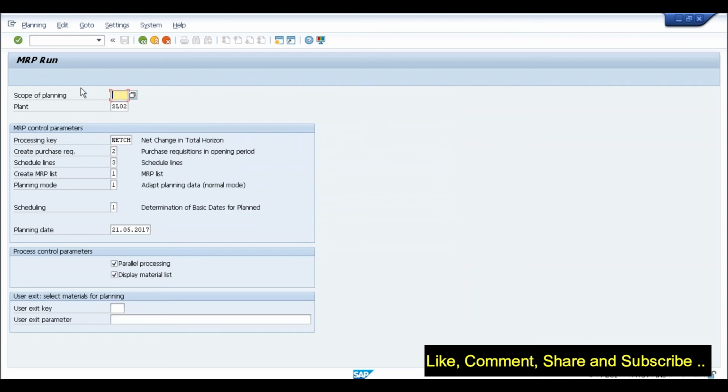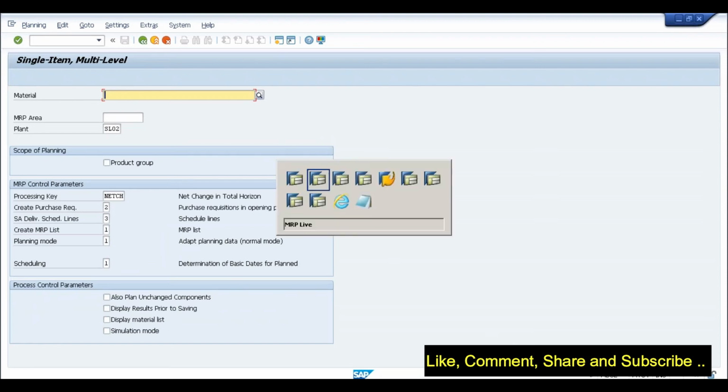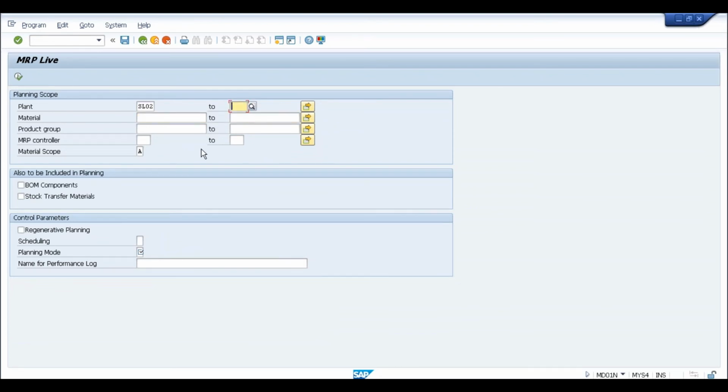Now in the traditional MRP, if I want to perform the MRP for a single material, there was a separate T-code, MD02. So if I have a single material, I was using a separate transaction. In MRP Live, a single transaction will serve the complete purpose. If you want to perform the MRP for a single material, fine. If you want to do it for multiple materials and multiple plants, that is one of the benefits of MRP Live from the selection point of view. Although the ultimate benefit is the amount of time. The selection is one thing, but the time required to run this process has been improved a lot.